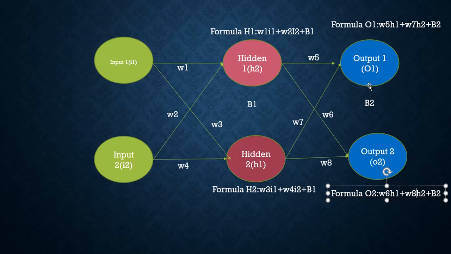We can call this forward propagation. In this one, if you see here, we are using random values for the weights, and B1 is a constant value, and B2 also is a constant value. For one iteration, once it is completed, it will check the output with the target value. In case it is not the same, it will calculate the loss function.